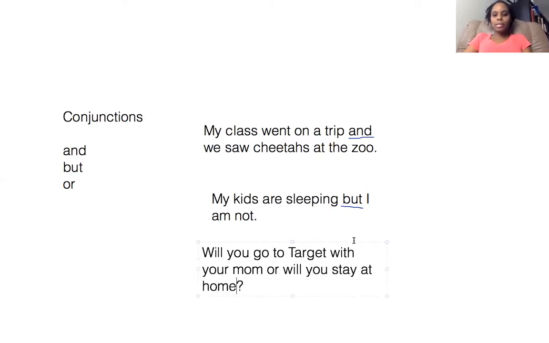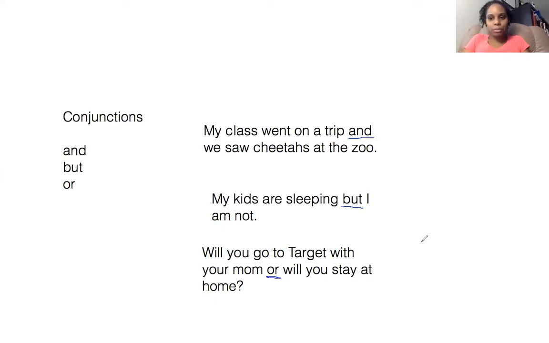So now my sentence is expanded, it's longer, it's a more interesting sentence because we've added a conjunction. And the conjunction in this sentence is the word or. So Ms. Douglas has just given you examples of how to expand a sentence and make it more interesting by